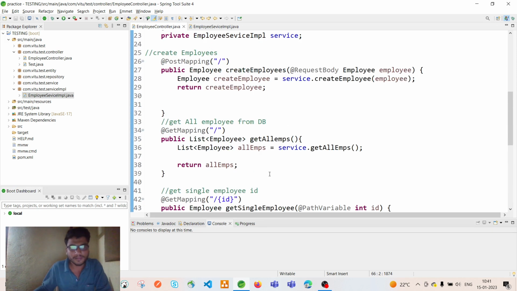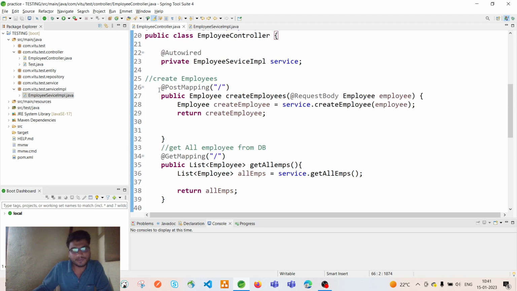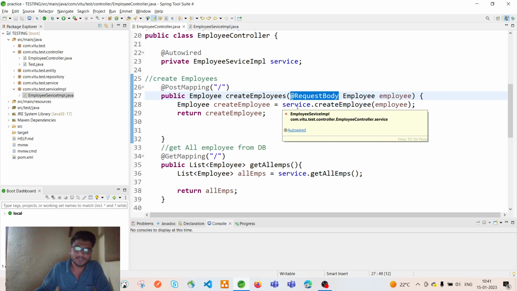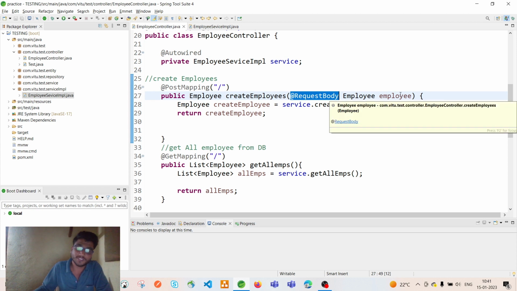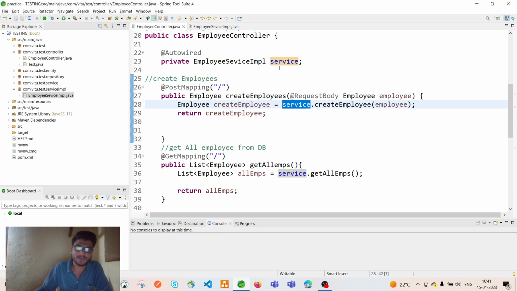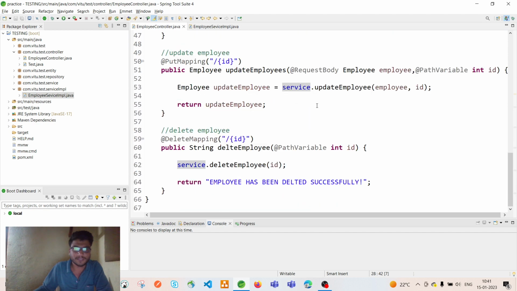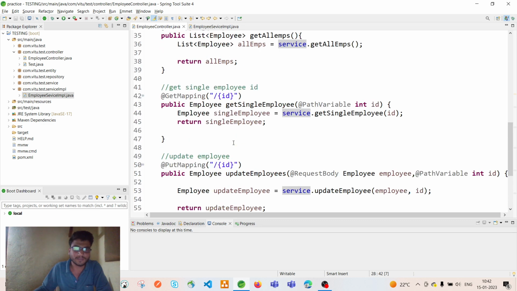Guys, here we have completed the controller class for the employee. First we created one method for creating the employee in the database. I used the request body annotation, which converts a JSON object into a Java object. This is the basic thing. I just call that reference to the service class, the service implementation class methods. Same thing, I did all the methods, like put, get and single. Now I want to get the single. How can we do it? Everything is done only